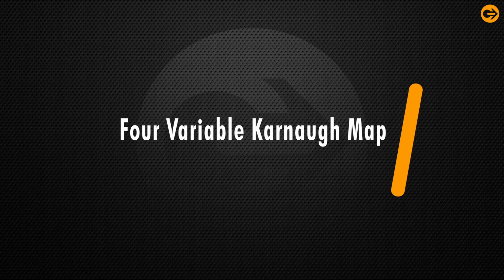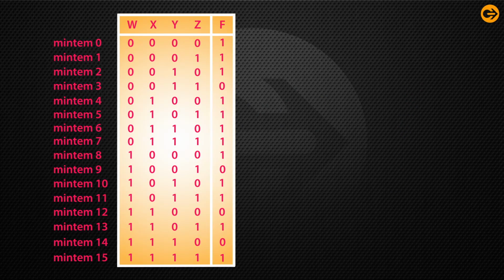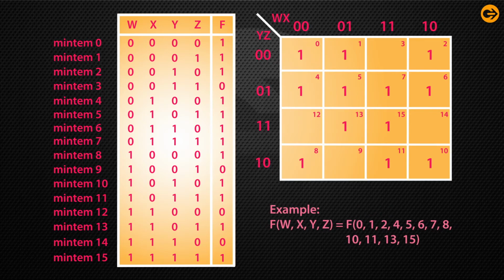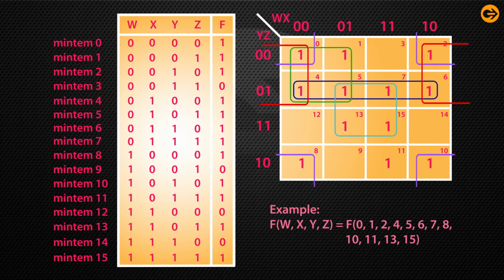4-variable Karnaugh map illustrates the truth table of 4-variable K-map. The output column is F. To construct the corresponding K-map, as we know for 4 variables W, X, Y, Z, the number of square cells will be 2 to the power 4, which is equal to 16. Now we can transfer the data from the truth table to the K-map by using the input value, which is coordinate replacement of the output values. Now this is ready to use. There are 5 overlapping possible groups of ones in this K-map.